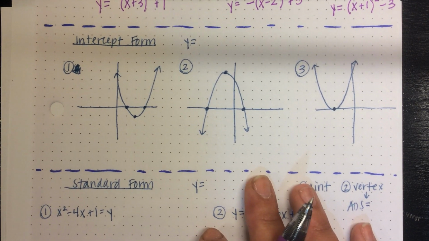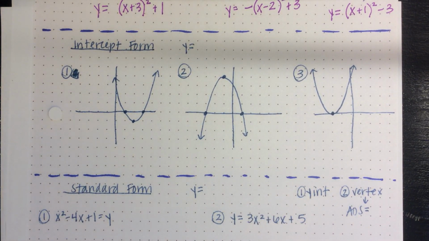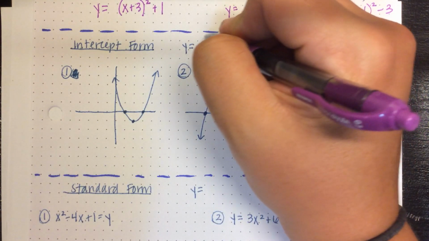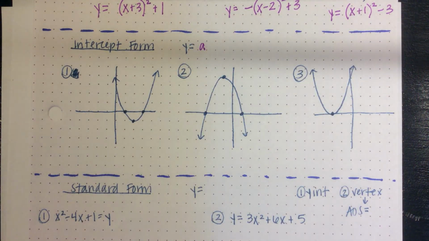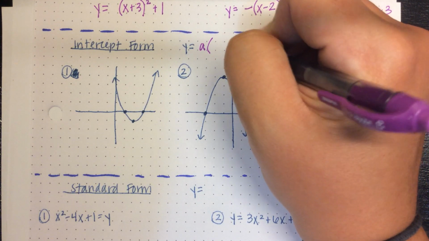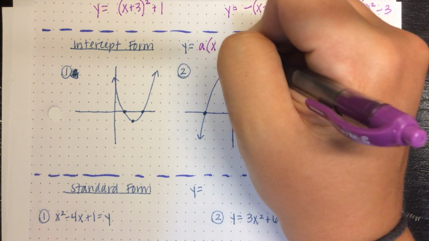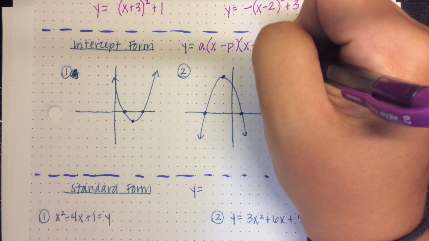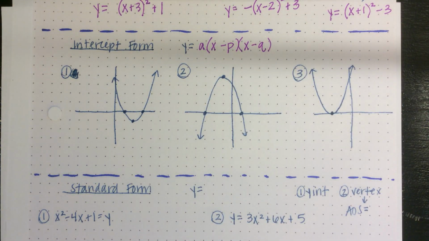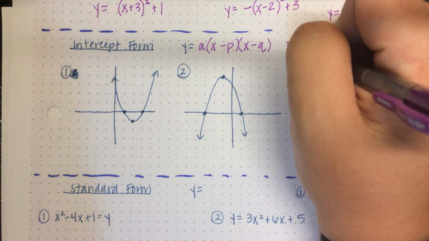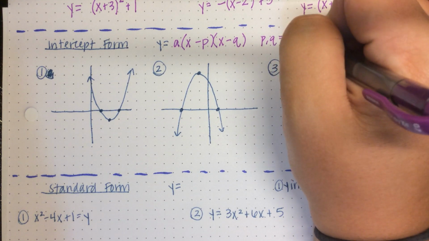Okay, for intercept form, okay, we call it intercept form because it's going to give you your x-intercepts. Okay, just like vertex form gives us a vertex, intercept gives you the intercepts. Okay, so the way we write it, we have that A that's out front, but then I'm going to go to parentheses. Okay, and this is going to look familiar. So I'm going to have x minus P and x minus Q. All right, now P and Q are my x-intercepts,